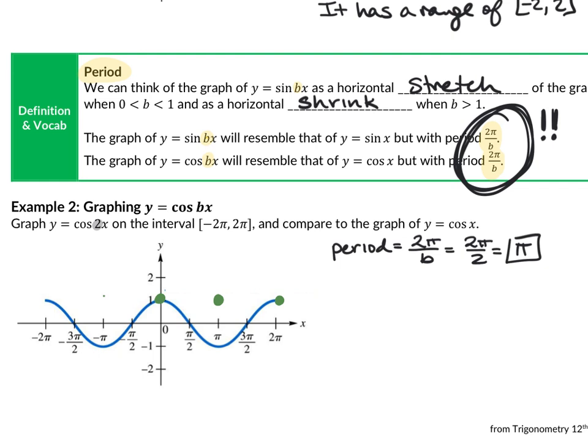If I work the other way, I should have a maximum at -pi, and I should have a maximum at -2 pi. Since we know this shape has to start up, go down, come all the way back up, that means I'm going to have my minimum value at pi over 2, and at 3 pi over 2, and at -pi over 2, and at -3 pi over 2. When I play connect the dots here,